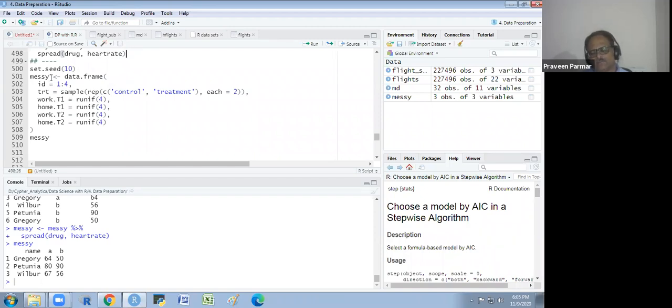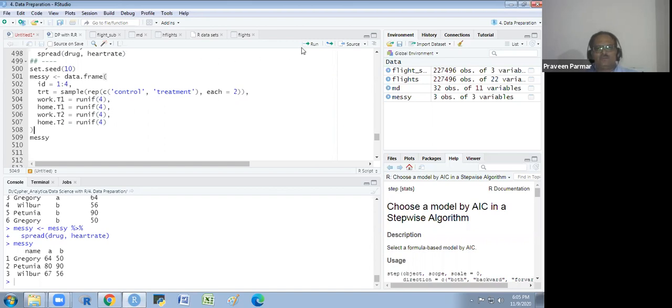I have given it the same name, Messi. There is a data frame. I am taking the IDs: treatment, sample, repetition, control 2 times, and the treatment 2 times each, and work.t1 and RUnif here also.